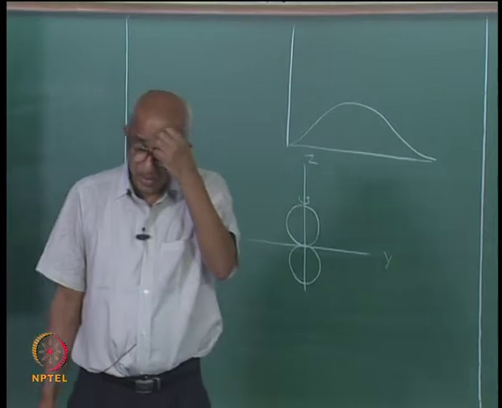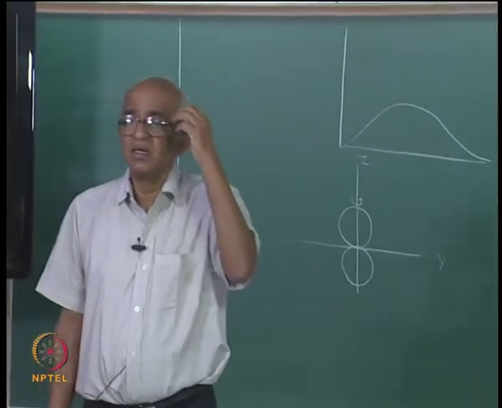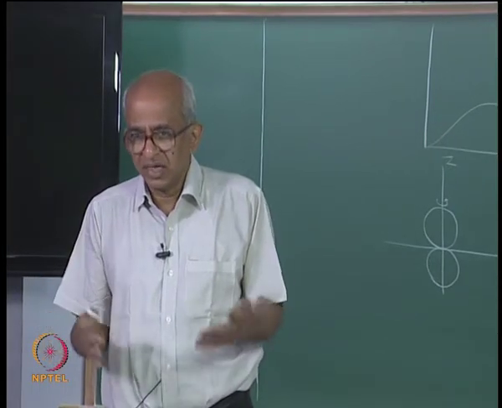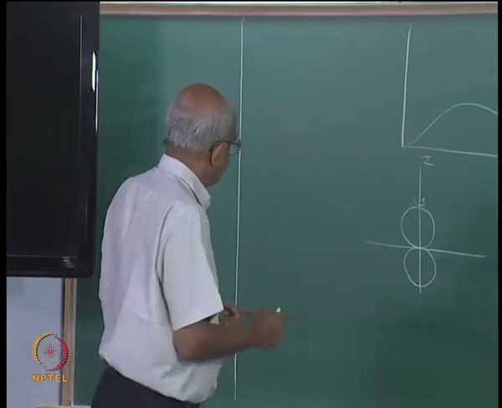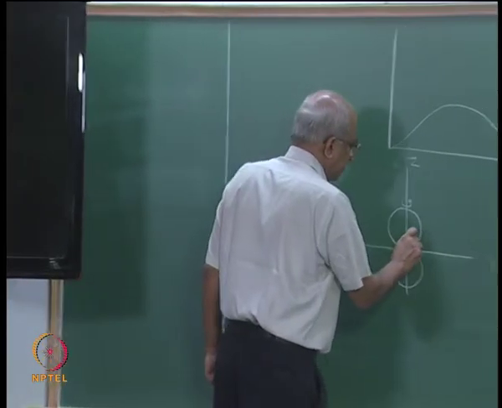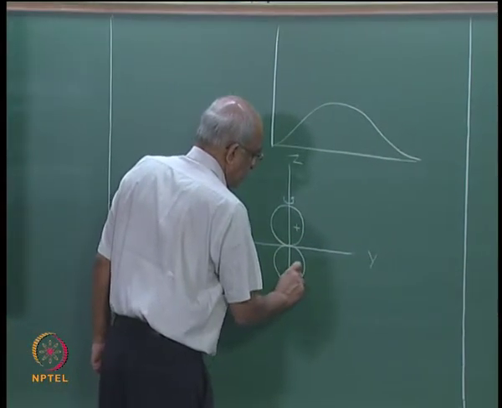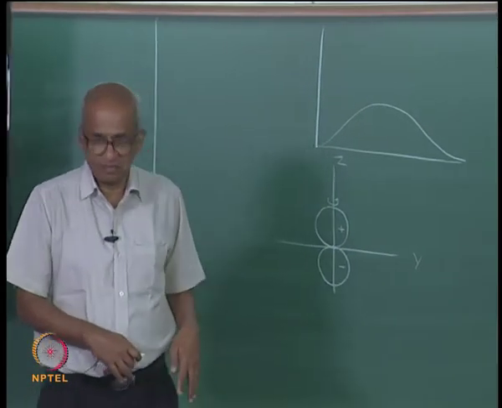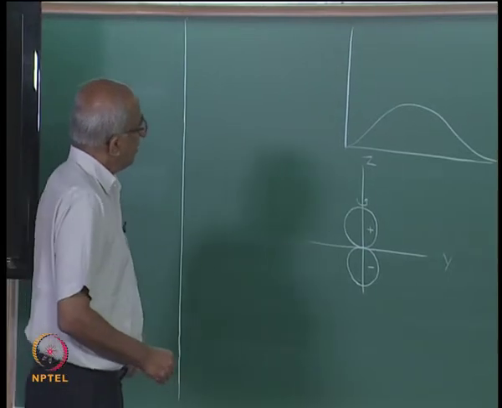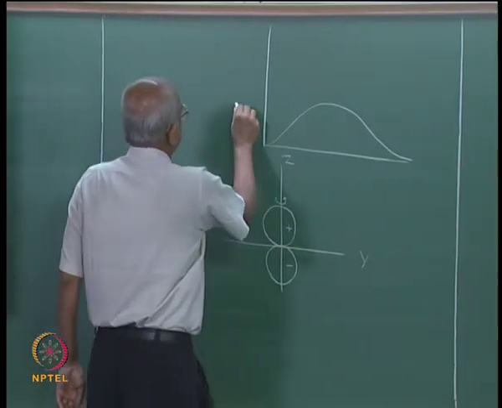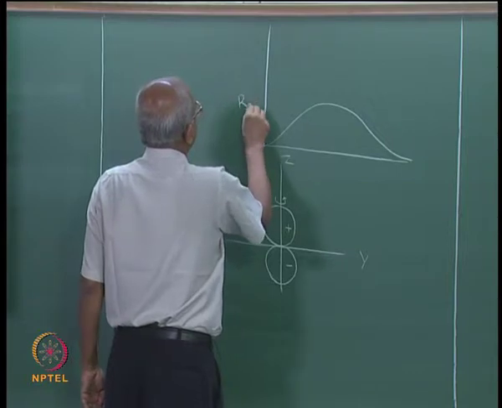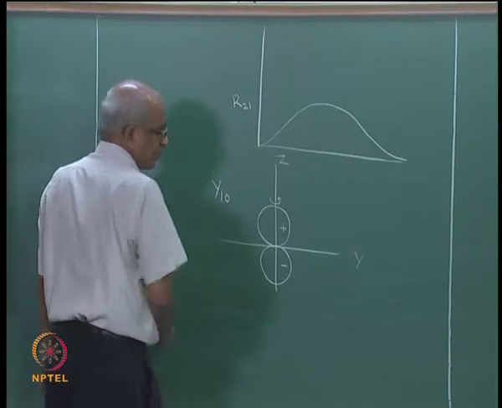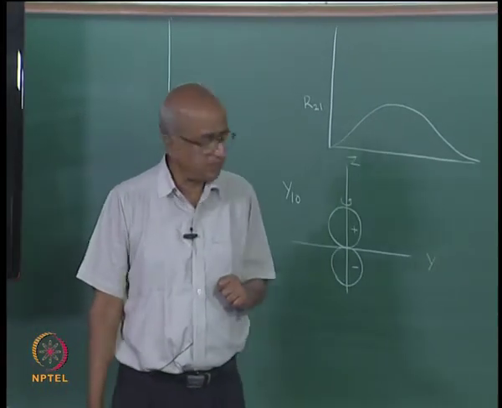I can now combine both of them to get the actual 3-dimensional appearance, which I shall represent by shading. But before I forget, I also should tell you that in these directions the wave function was positive, while in this direction, in the downward directions, the wave function was actually negative. So, this is the radial part, which is actually R21, and this is actually Y10, if you want to know what the functions are.